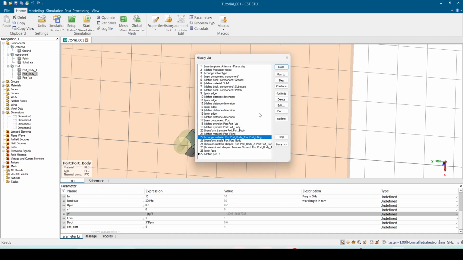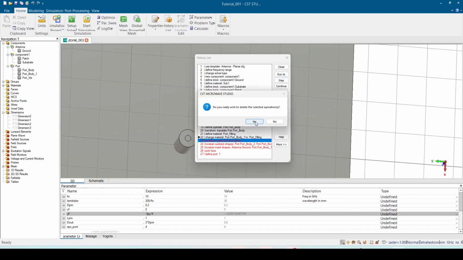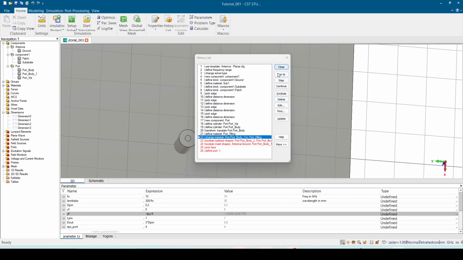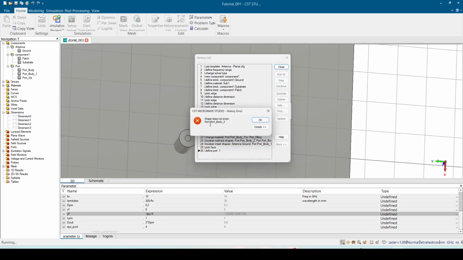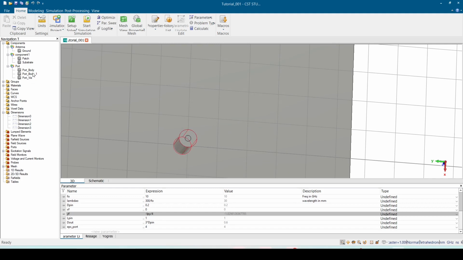We go exactly to before this thing, right? And then the scaling of the port body, I will delete it. Okay. And then we run to this thing, okay? And then the port body,